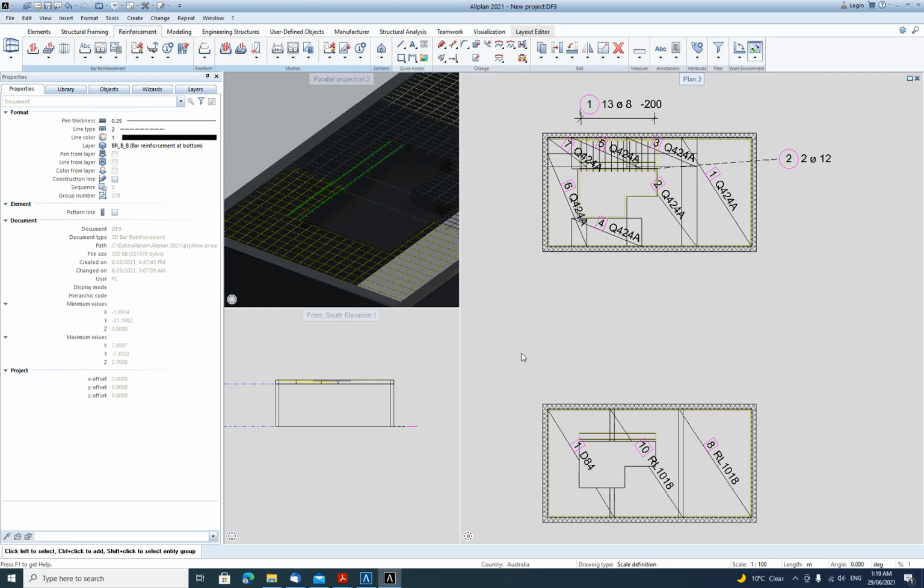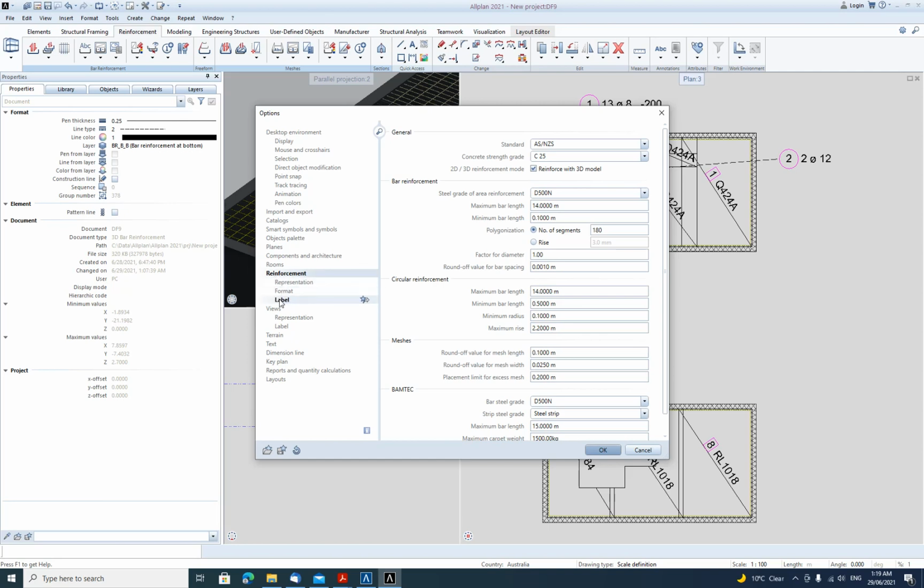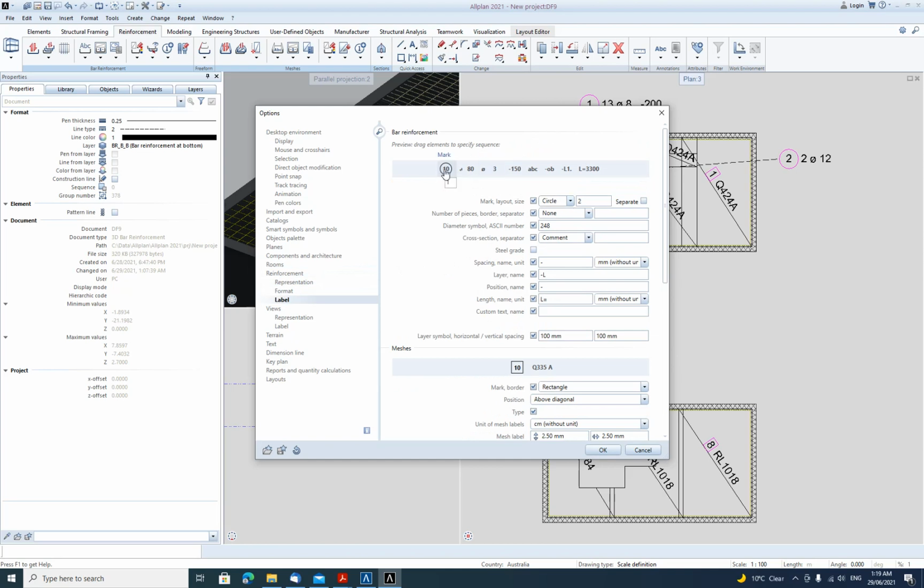Now I will show you how to modify the label and show more information on the drawing. To do that, I'll select options and I'll find the label under the reinforcement. Here I have all the information that could be put next to a label. For example, I can switch the mark layout without a circle. I can have a number of pieces, can change the diameter, cross-section separator, to use a steel grade, and I can change the spacing, name, layer, position, length, and I can change the length dimensions in millimeters, centimeters, meters, or even in feet and inches,